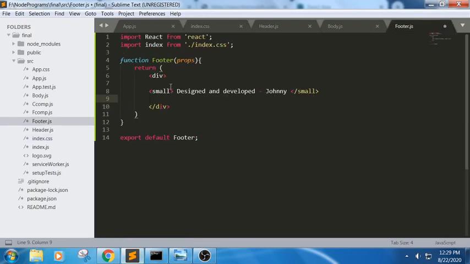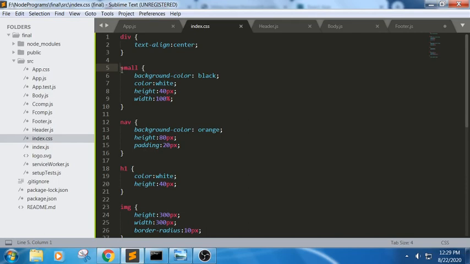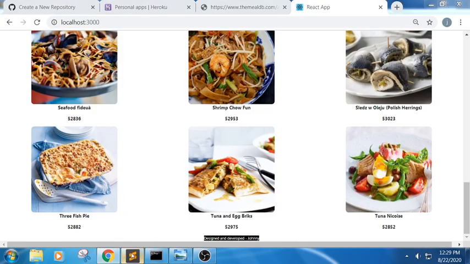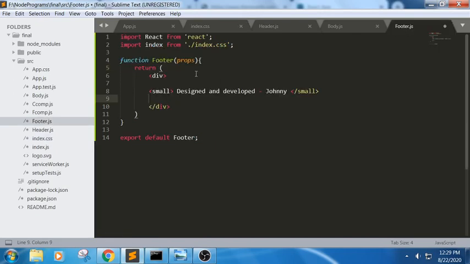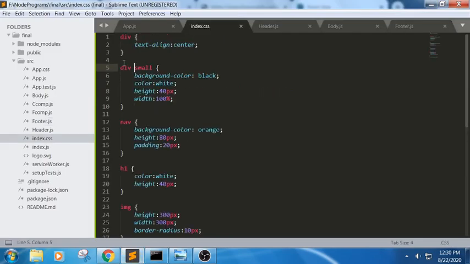Or else let me write inside this div space, it is not getting affected. Let me write like this, or else div space p. Is there any p tag for us? No.